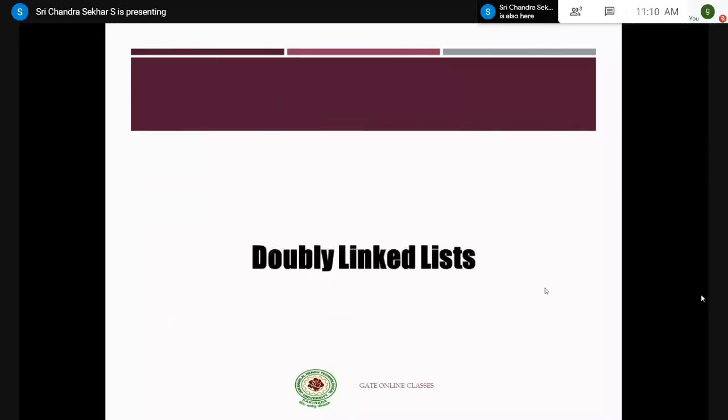So yesterday we discussed the concept of linked list, where we have a collection of nodes like this, and every node is connected to the next node using a single link. That's the reason why we call it a singly linked list, and the last node has the link part as null. And as I told you, there is a special node in the linked list which we call the header node, which stores the address of the first node. It is used to identify the starting point of the linked list. Therefore header becomes 100, right?